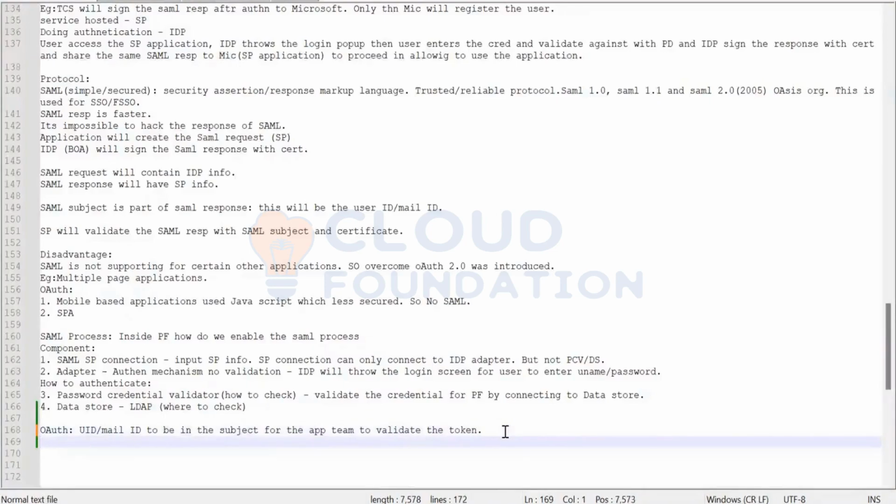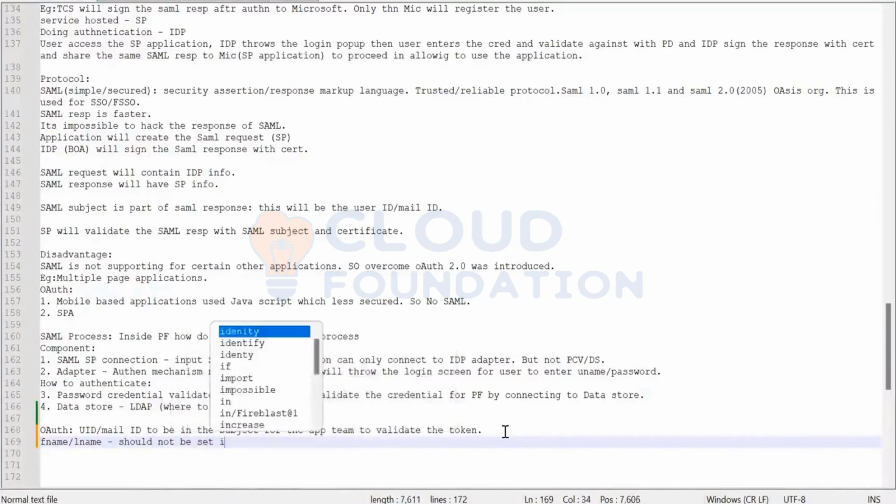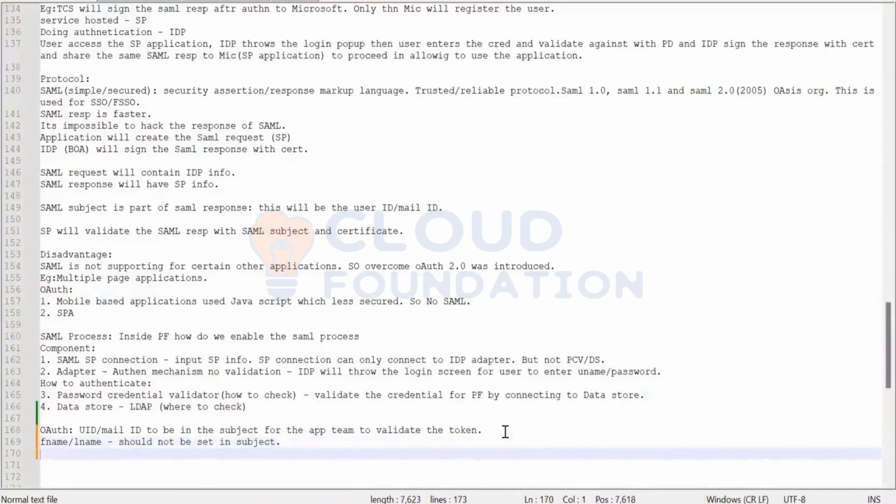Then these are the subject as well as a certificate. Both of them should be acting as mandatory in SAML, but in OAuth, certificate and subject are acting as optional. If the application wants to validate it, they can validate it actually. That is, the certificate will be optional in OAuth, but in SAML, it is mandatory.